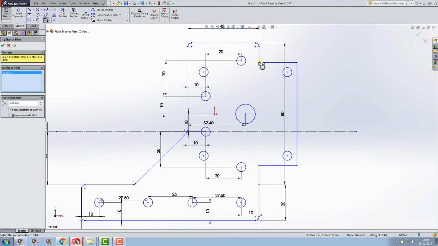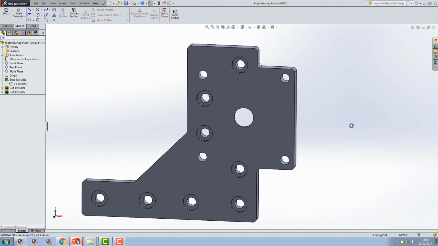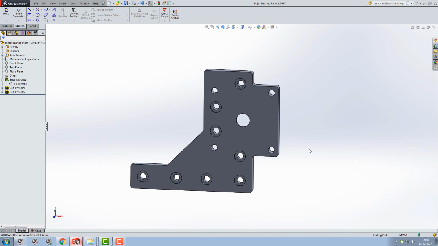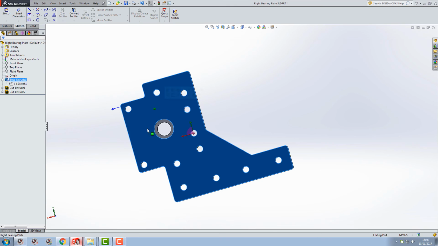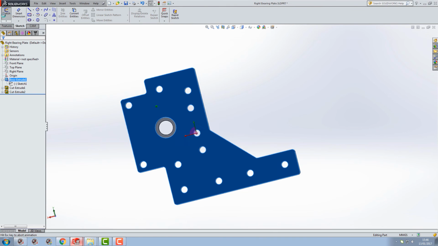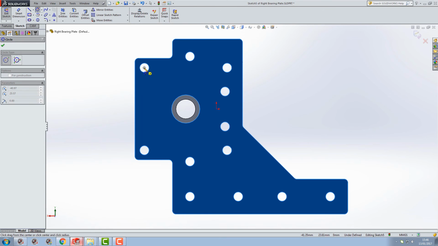The 2mm, just redo our corners. There we are. Exit the sketch, and we've now got a bearing plate. Now because I'm doing mine different on here, instead of the bolts being threaded in, I'm actually sinking my bolts in from the other side. So I've got to create a new sketch on here and add, purely for the stepper,